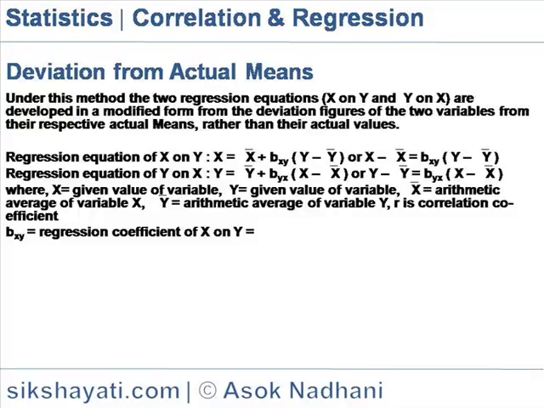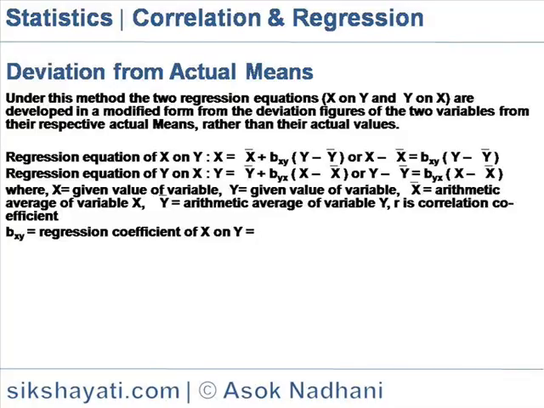Regression equation of x on y: x is equal to x bar plus bxy into (y minus y bar), or x minus x bar is equal to bxy into (y minus y bar). Regression equation of y on x: y is equal to y bar plus byx into (x minus x bar), or y minus y bar is equal to byx into (x minus x bar), where x is given value of variable,